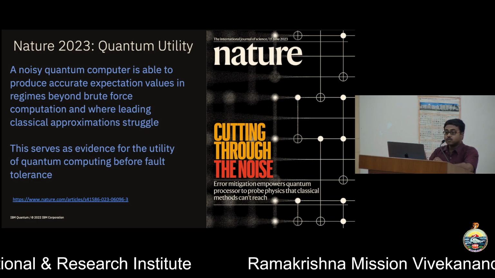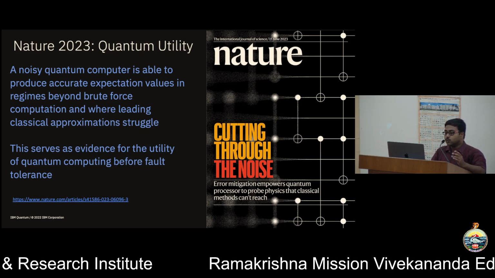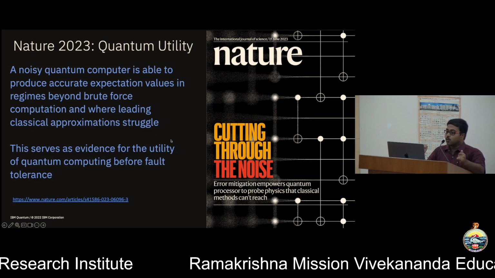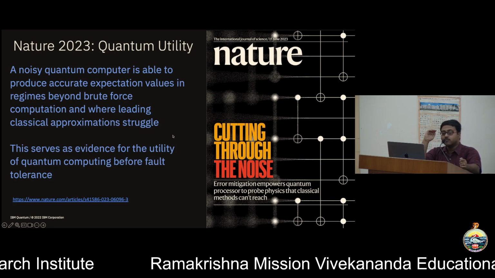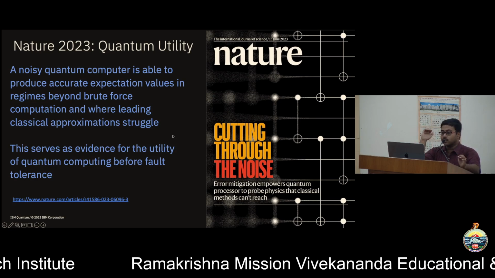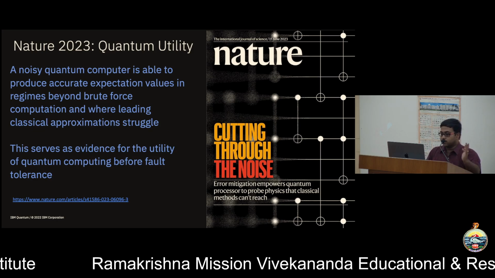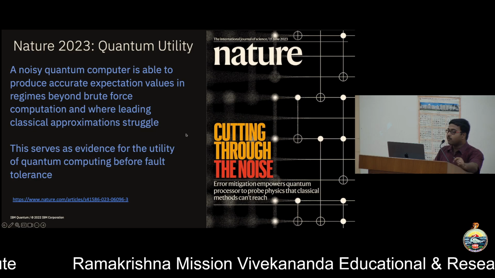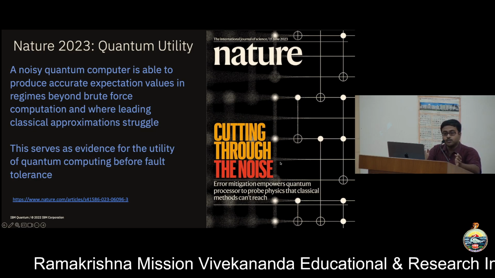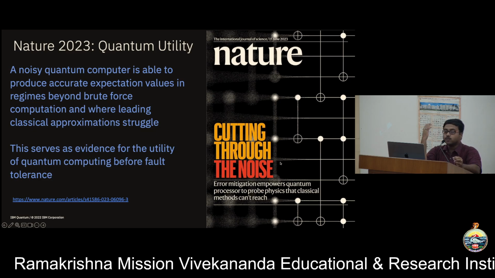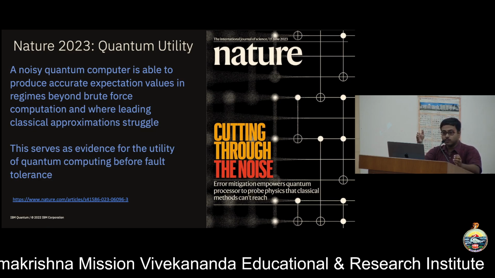There were approximation methods that you can do. There are many approximations and heuristics that you can do instead of doing brute force. What we have been able to show in this paper is that at this scale, even the approximation methods are struggling. So let's get the entire picture. After this paper came out, there were other papers from different groups who came up with new approximation methods that could get results as good as the quantum computer.